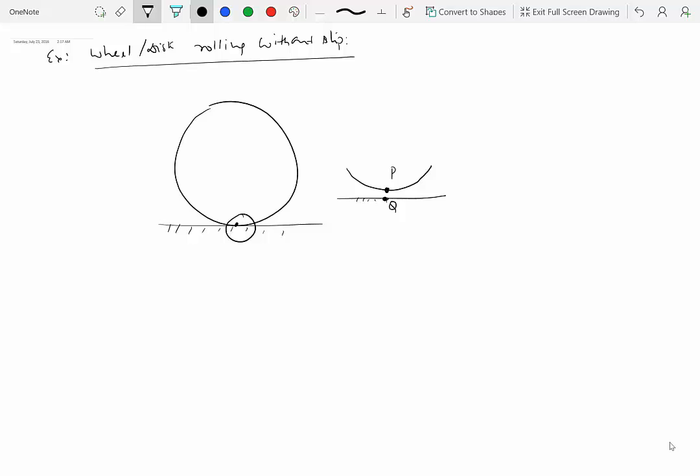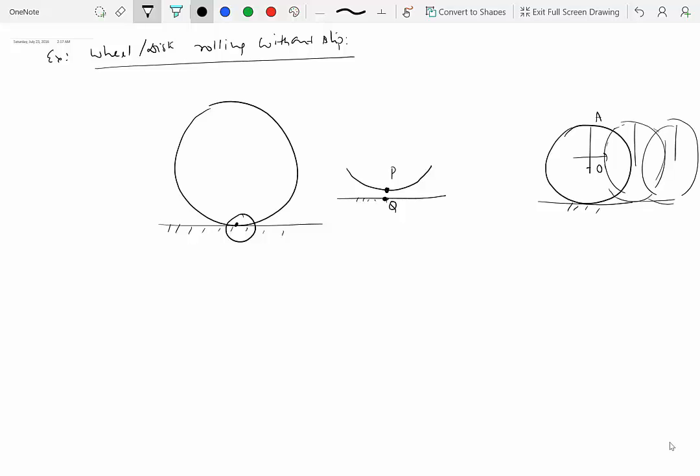Which would not be the case if this wheel was actually slipping, right? So if an object is allowed to slip, let's say I take the same wheel and I let it slip. So what does that mean? If I take this line OA over here, then this line OA maintains its orientation as this moves. So when that happens, this is essentially doing a translation, right? It is not really rotating, and this line is maintaining its orientation, and this point is essentially slipping.